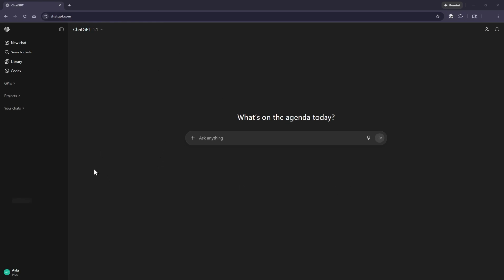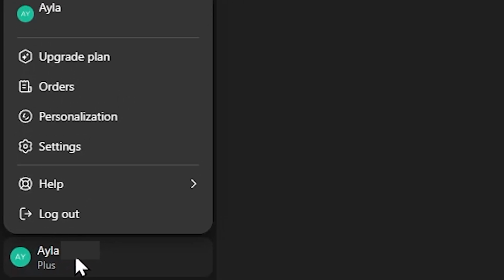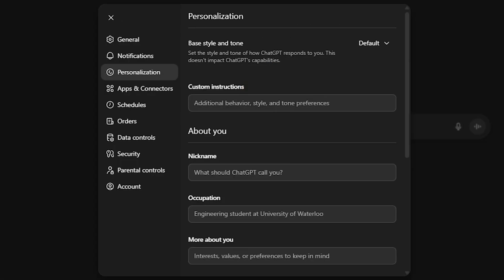So here's my homepage. I'm going to go down to my name at the bottom. I have a Plus subscription, but I believe this works with all tiers. So let me know in the comments if it doesn't, but I do think it does. So now when I hit my name, I go up to personalization and I click that. And right under personalization, the first thing I see is custom instructions, and that's where I'm going to put my